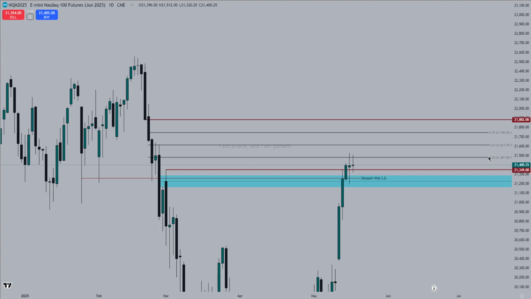Now, the first thing I want to mention is this discount wick and how we were able to stay within the range of the city. If you draw out these wicks here, this discount wick, as you can see, is on a down-close candle, the wick beneath it is the discount wick, and the wick above it, which is not visible here, is the premium wick.